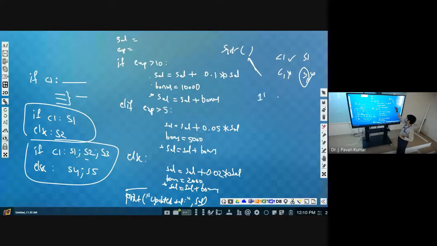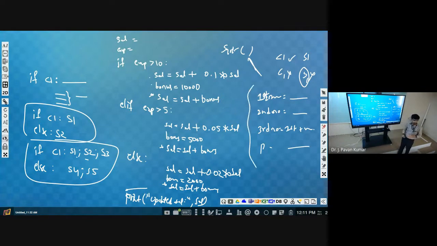First number equal to input, second number equal to input, then third number equal to first number plus second number, then print third number. Everything seems to be correct, but they will be asking whether this program is correct or not, whether it will execute or not.